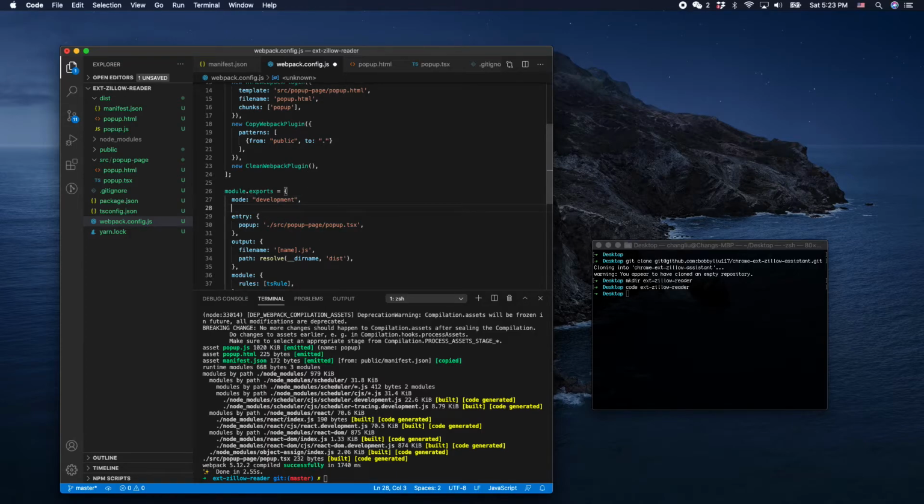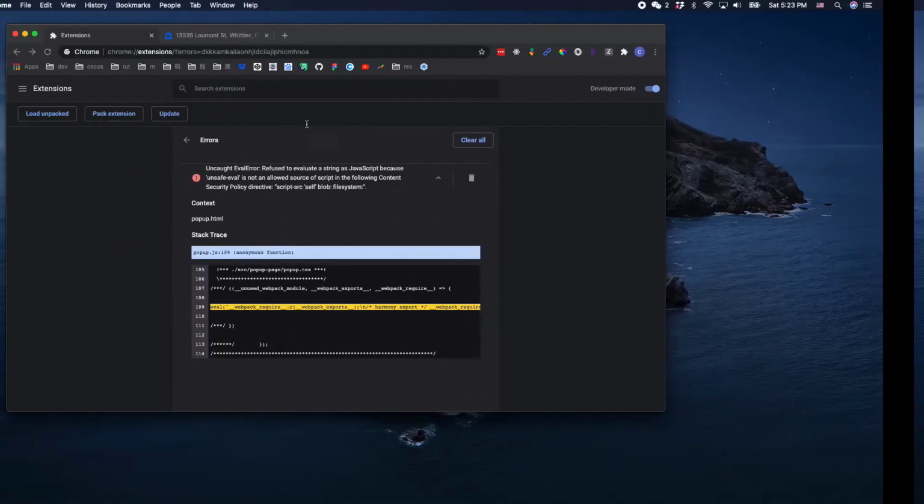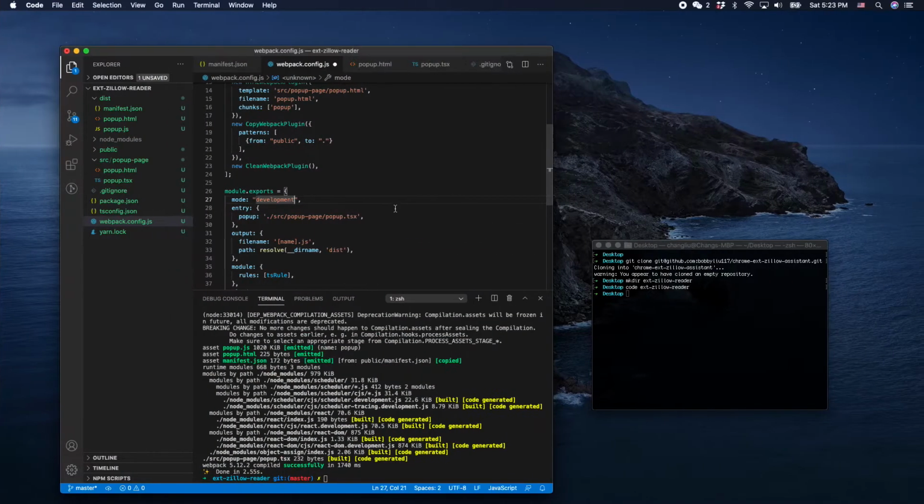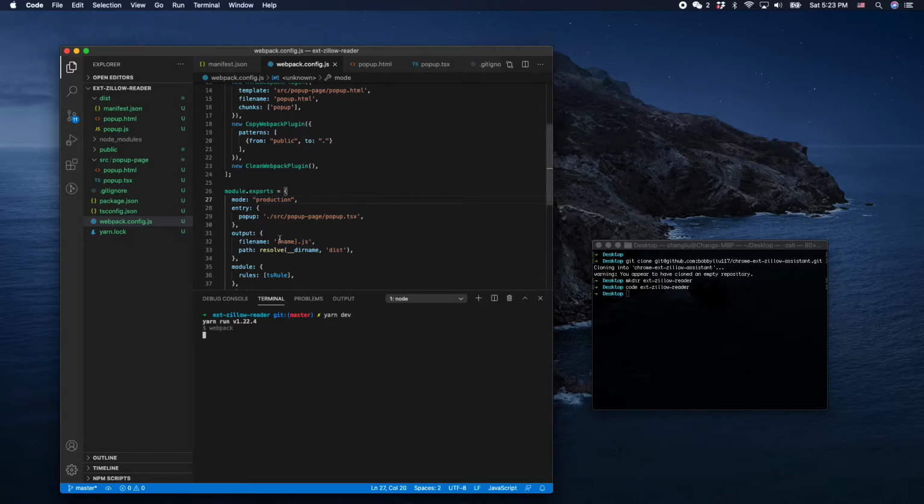But this one is actually giving us an error because it's using the eval keyword. The eval keyword is forbidden if you want to run it in the background script or in the Chrome extension area. So one solution is to change into production. If I change into production, I run it again,